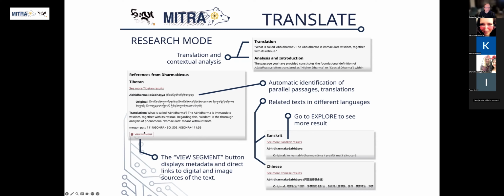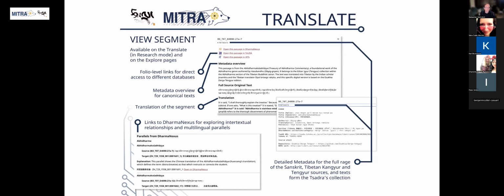We also have the segment view, which is a new functionality we added a couple of weeks ago, which allows you to learn more about the context of a specific result. This is especially important for the metadata. When opening the segment view, this will give the metadata here, which is very important to know where the e-text is actually sourced from. We have recently added that for the Tibetan Kangyur and the Tengyur, and also for our Sanskrit e-text, which was a long-time problem, as we didn't have a good metadata catalog for our Sanskrit e-text. So this has now been added.